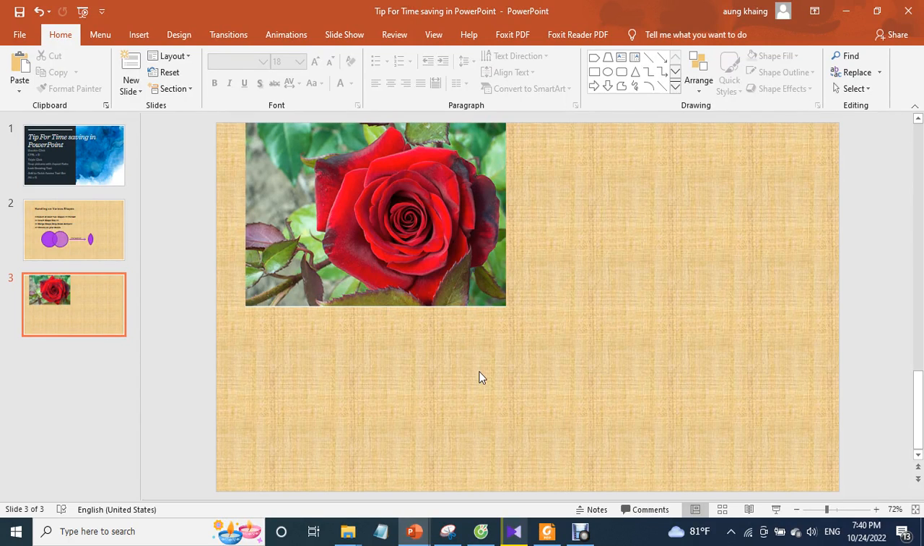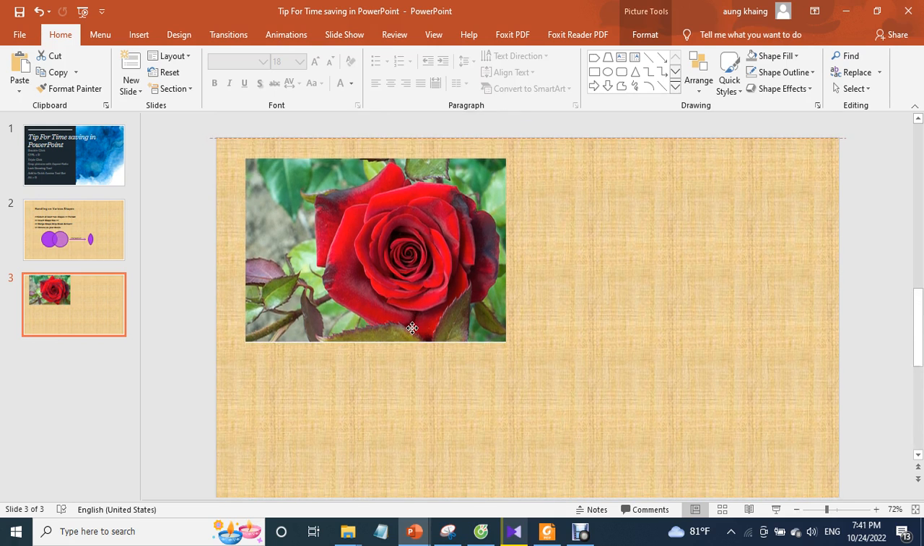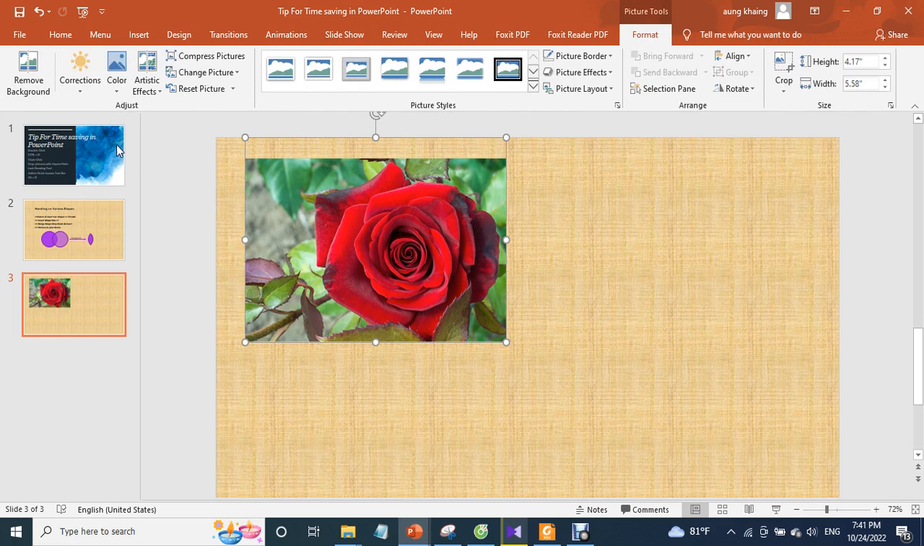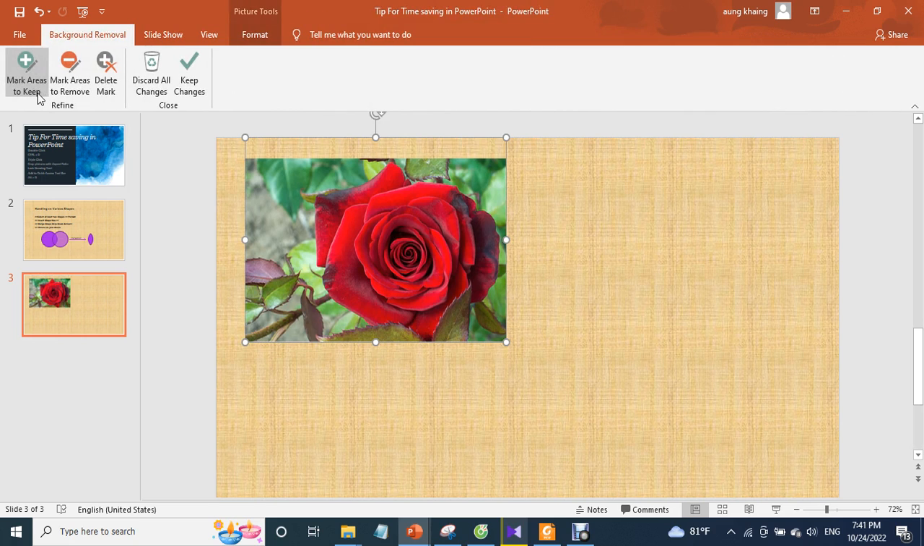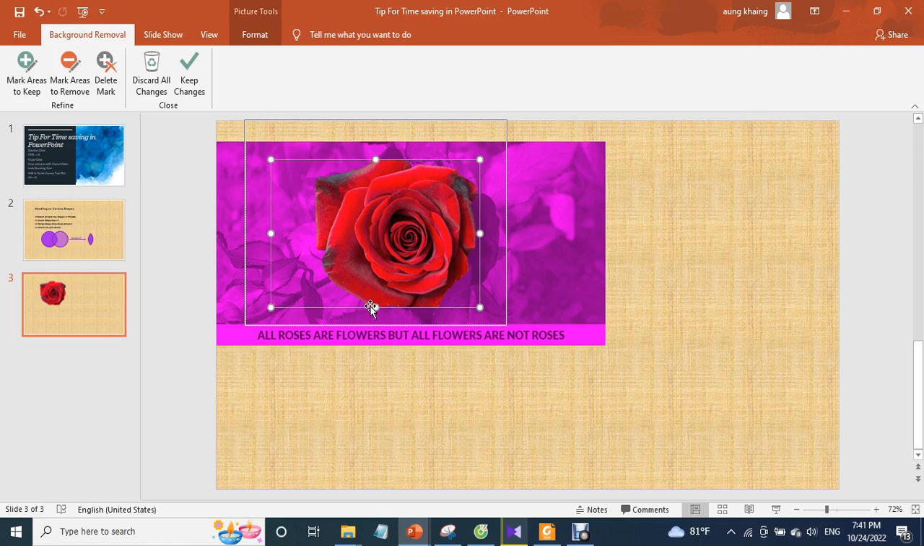Today I'm going to explain how to remove backgrounds from a picture. So please select this picture and then go to Format and then click Remove Background, and then